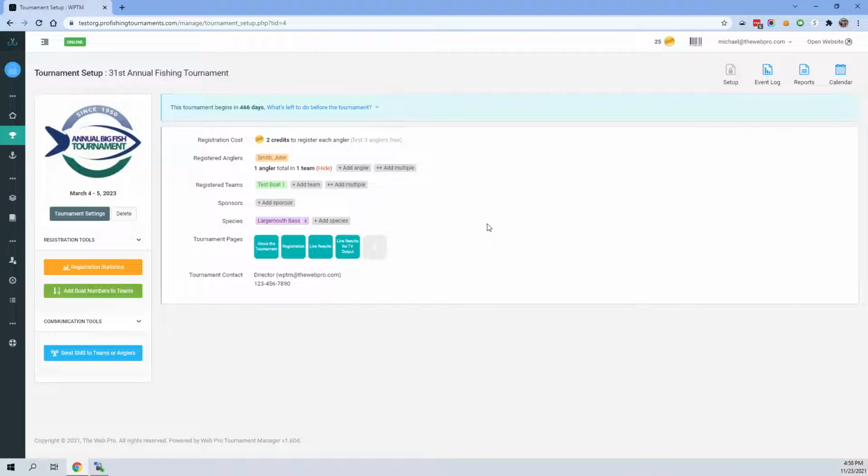This you can use to run scoring against the weight for your bass, or the length, if you have that set up in your tournament settings. The weight is the default. The length you'd have to change under the scoring tab in your tournament settings, and against points or a combination of. So in this particular setup, if we would just leave it just like that,